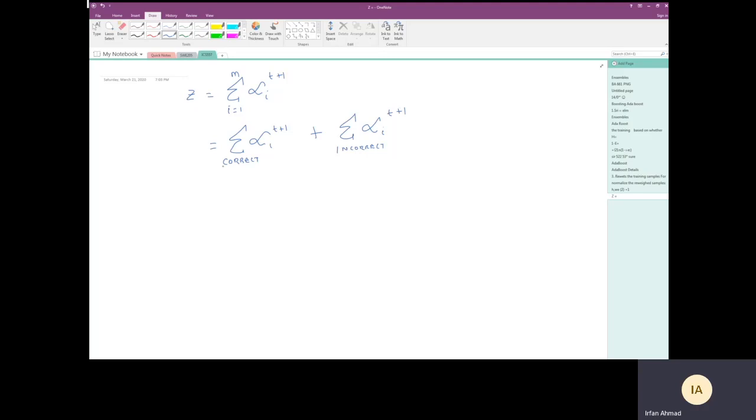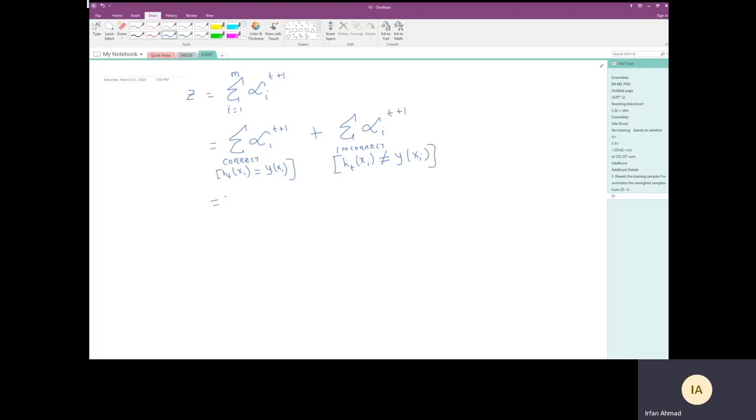Good. So basically what we are saying here, correct means for those samples, the H was equal to the actual label, right? And incorrect means that at time step t, the weak learner has a different label than the actual label for that particular sample. Good. So to understand this,